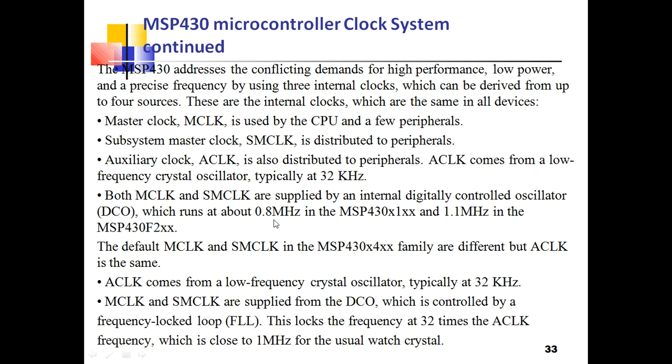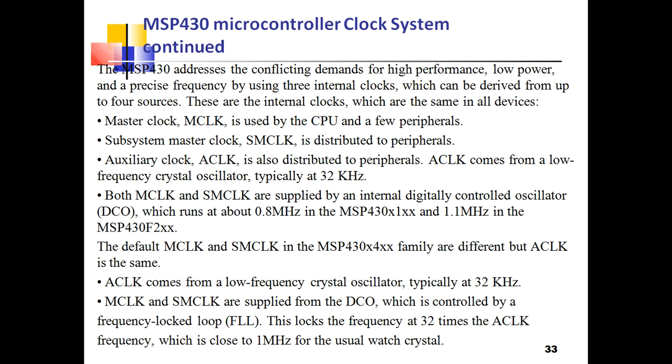For first generation it works at 0.8 megahertz. For second generation the frequency is 1.1 megahertz. So default clocks are different in different MSP430 generations, but the auxiliary clock is the same. Okay, MSP430 x4xx has a different default master clock and sub master clock, but the auxiliary clock will be the same.